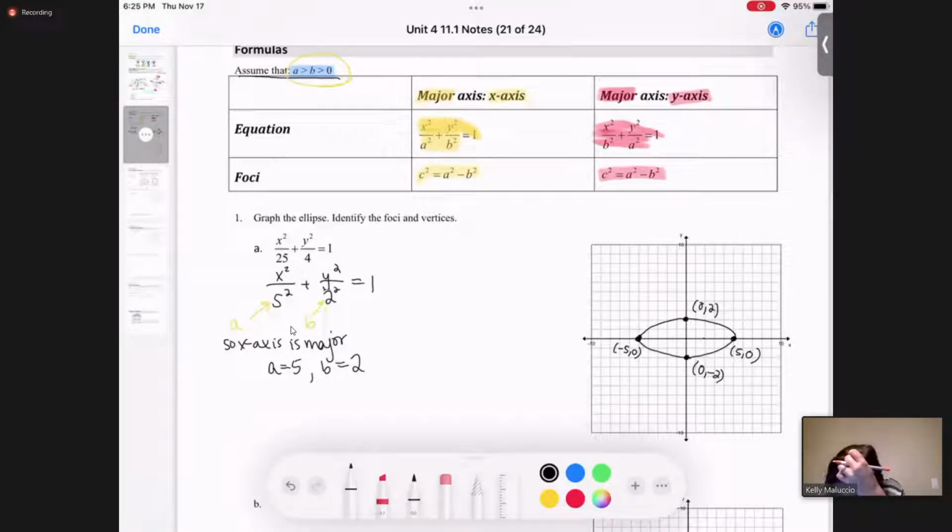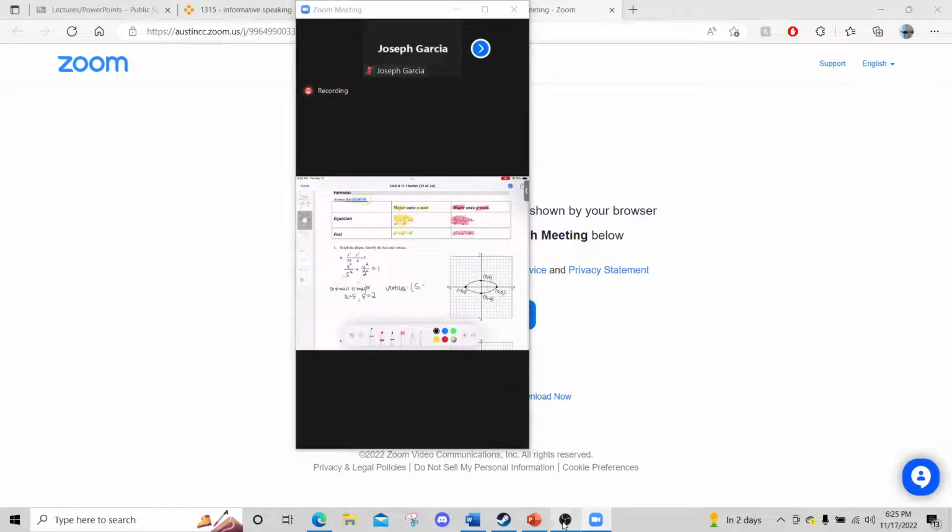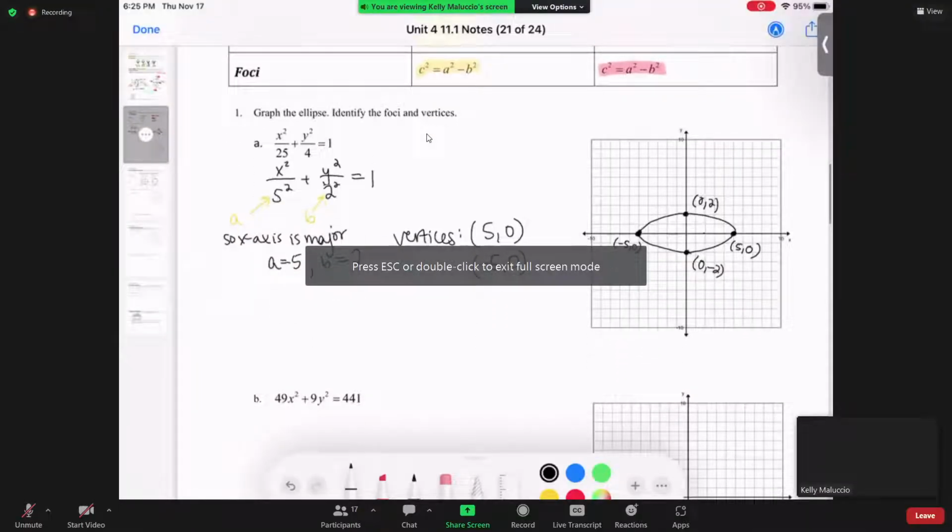Okay, there's the graph. And I do want to identify the foci and the vertices. So we've got the vertices. The vertices were 5, 0, and negative 5, 0, right? But now I want to get the foci. So the foci